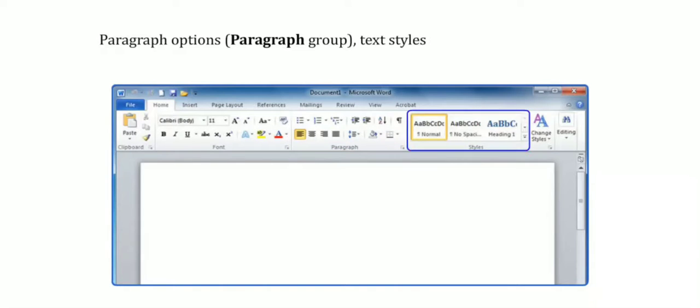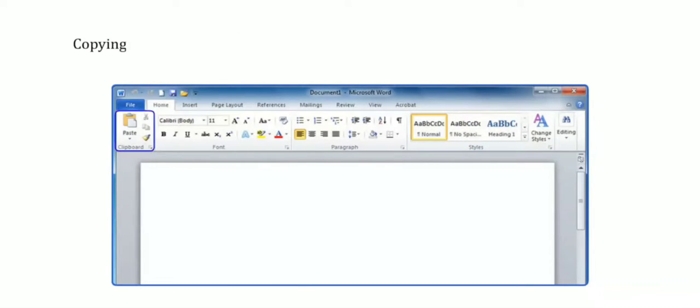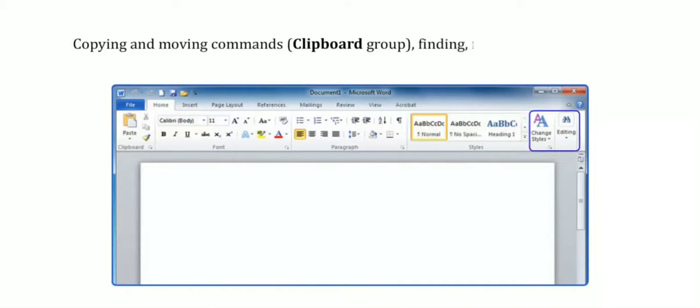You can also use text styles commands in the styles group as shown in figure. You can use copy and moving commands in the clipboard group. You can also find and replace text, and select commands using the editing group. So by using this Home tab, you can apply the formatting effects.